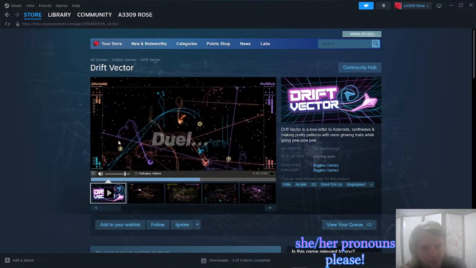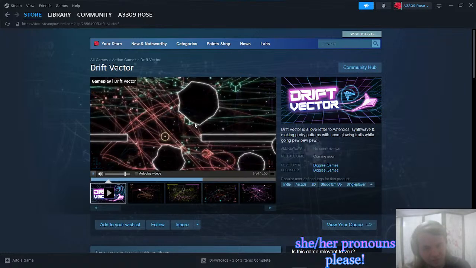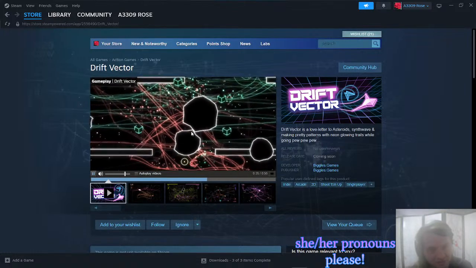And also these trails really resemble the original Asteroids, which this game says it's a really big fan of. That was made on a vector display, which you don't really have anymore. Essentially, instead of drawing pixels, it drew lines, and these lines here are designed to resemble what it looks like when those lines fade over time. The lines on old vector displays would fade much faster. But the attention to detail here is